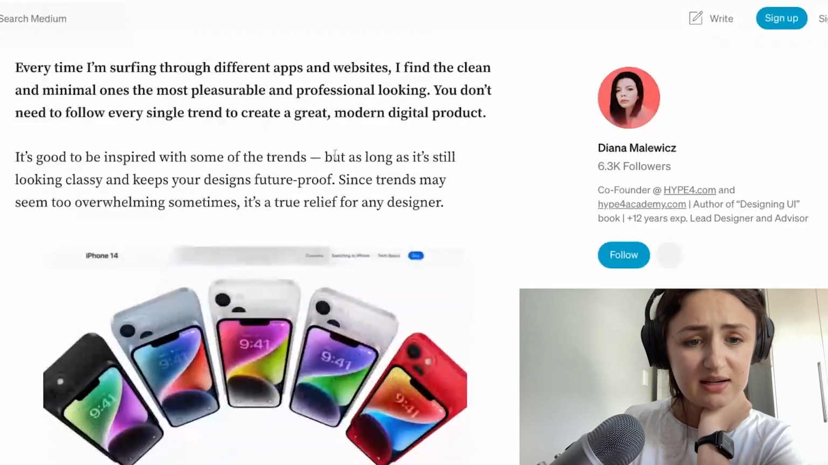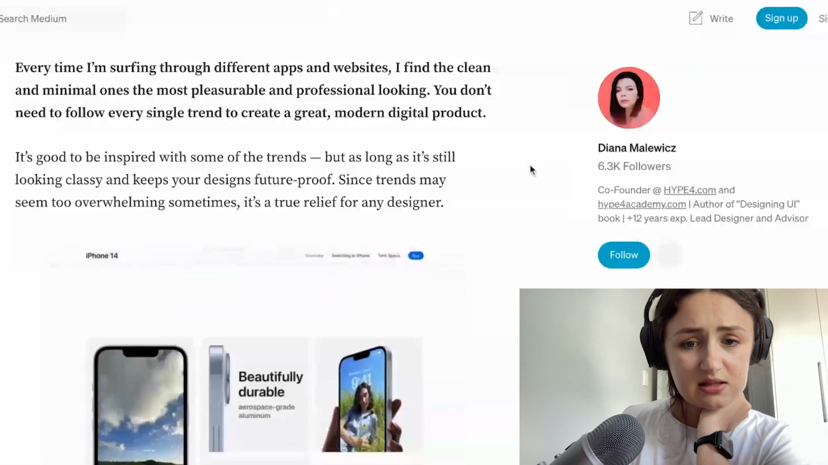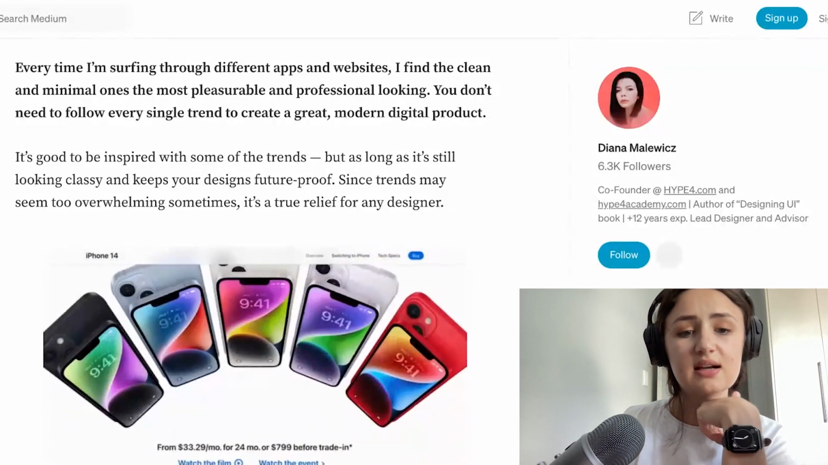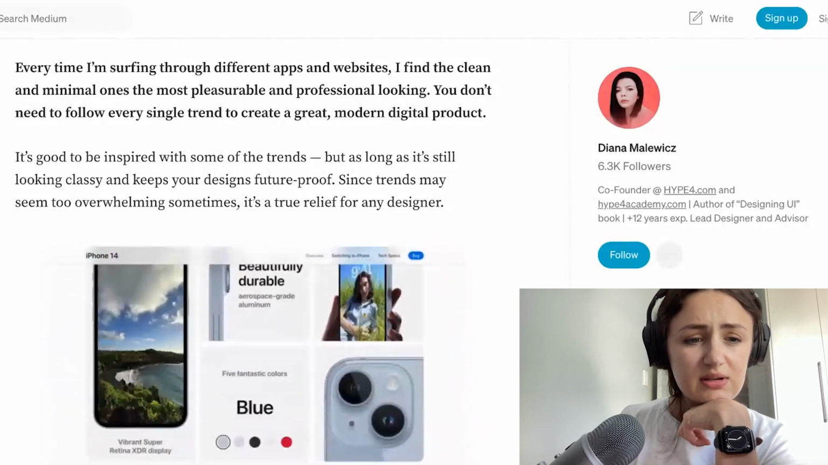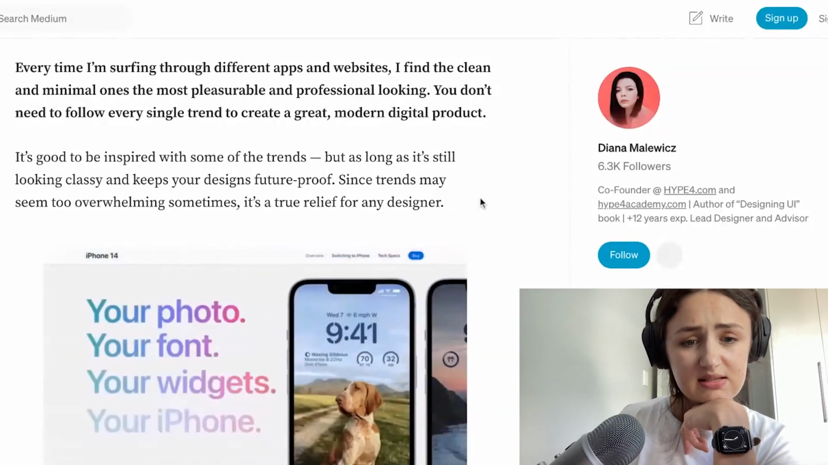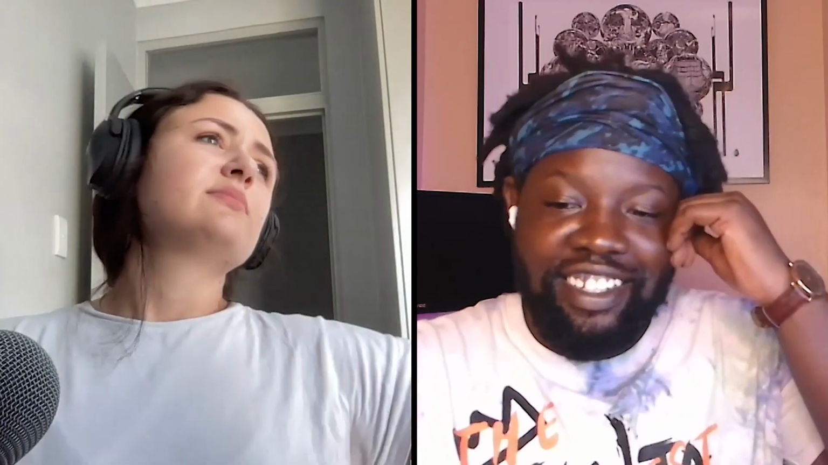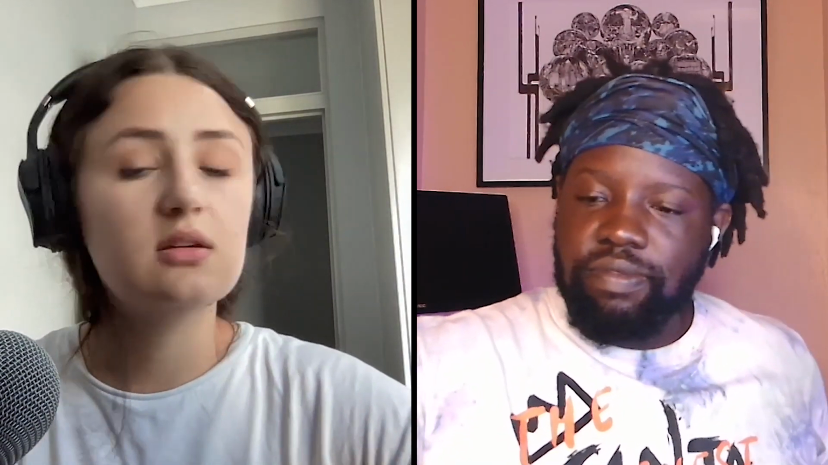It's good to be inspired by some trends, but as long as it's still looking classy and keeps your design future-proof, since trends may seem overwhelming sometimes, it's a true relief for any designer. Yeah, there's very little to argue with that. Yeah, although on LinkedIn, you often see